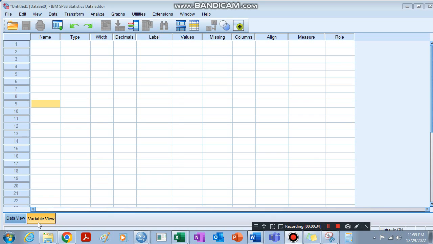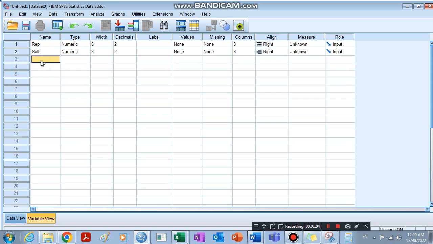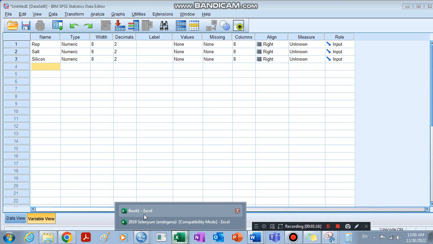We can start by writing our variables here on the variable view page. First we can write our replication, because whenever we do an experiment we have replication to reduce error. Then our factors are salts and silicon. And our variables are, we can use these variables